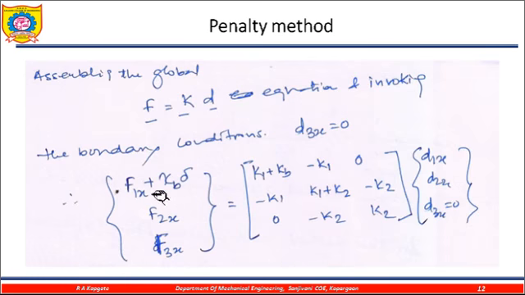Then F is equal to KD. So F is multiplied by KB into delta. Here we are adding K plus KB. Rest of the things are similar. This we have already taken in the last lecture also, and according to that we solve this problem. So this is the method for solving, or the penalty method for considering the non-homogeneous boundary conditions. So the penalty method is used for solving the non-homogeneous boundary conditions. Thank you to all.